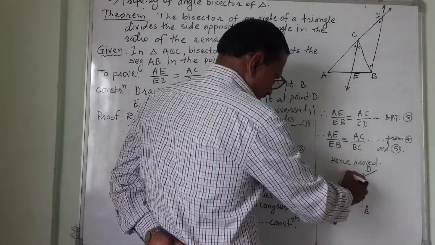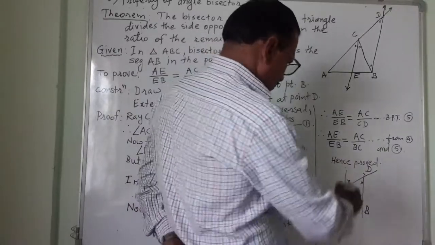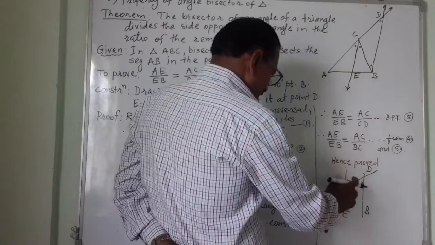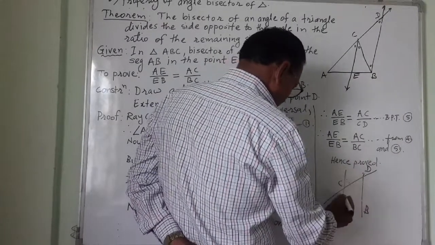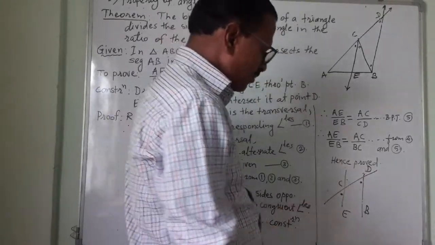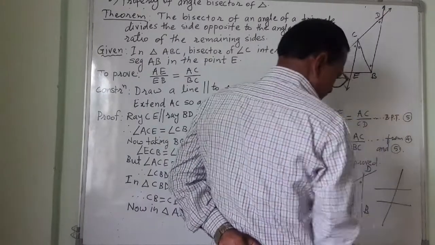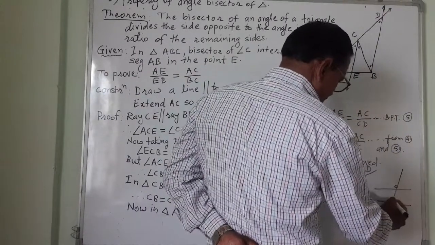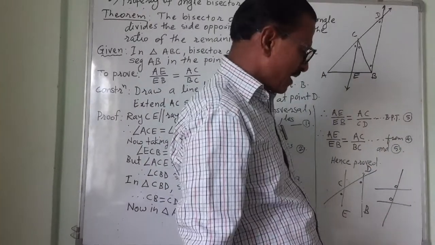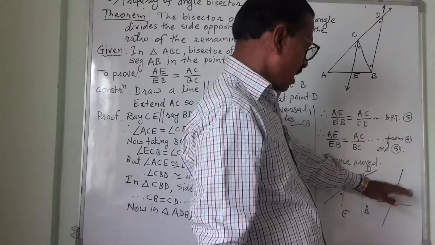The angles, this angle and this angle will be the same. We call them Z angles, or alternate angles. And again another property: this angle and this angle would be the same because they are corresponding angles. If I make this figure like this and this is the transversal, then this angle and this angle are called corresponding angles, meaning at the same position. What is meant by corresponding angle? At the same position.